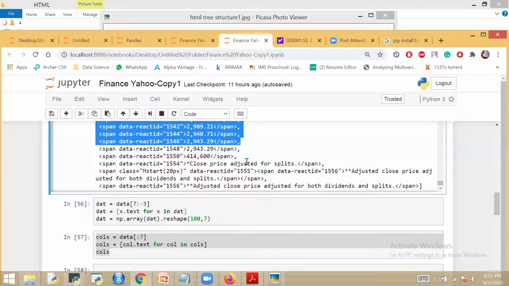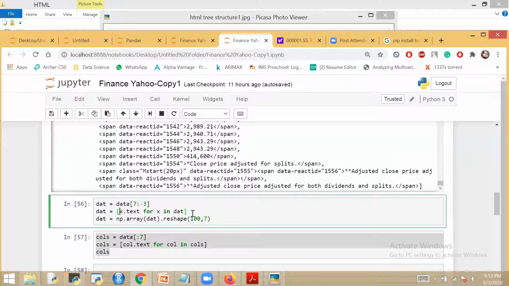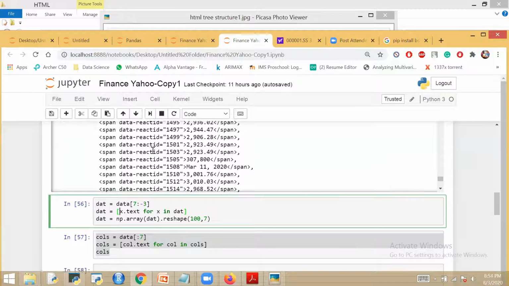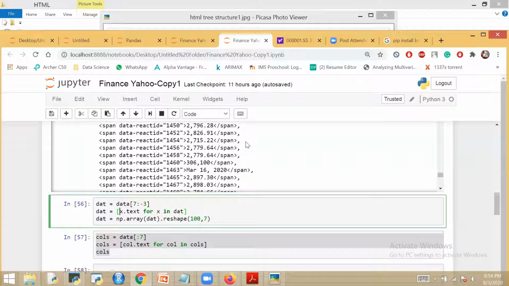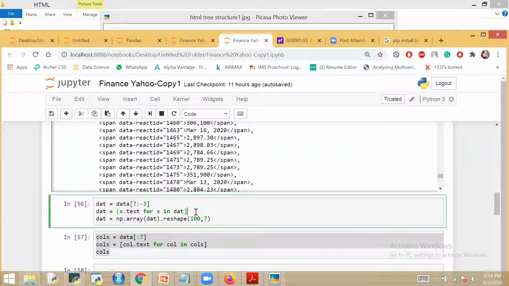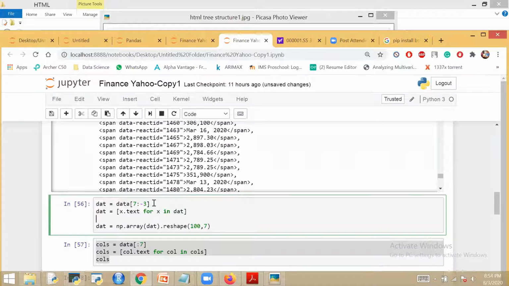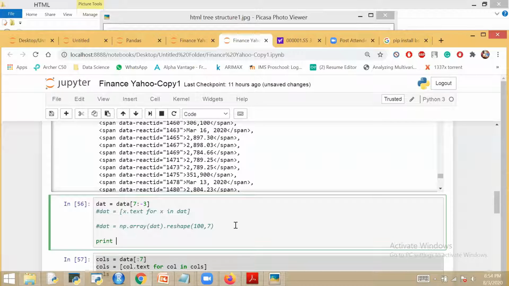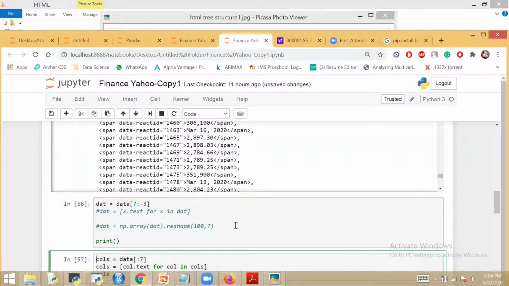So what I will do, for each element I run a loop and store that data: x.text for x in data. It will run for each and every row and you will get the data. Let me do that and see the output. See, one by one I will do print data.